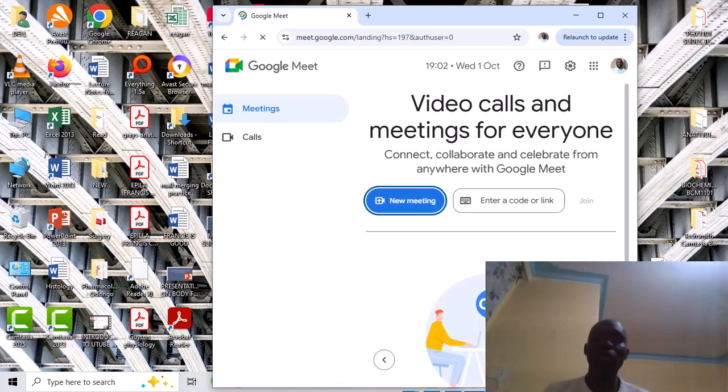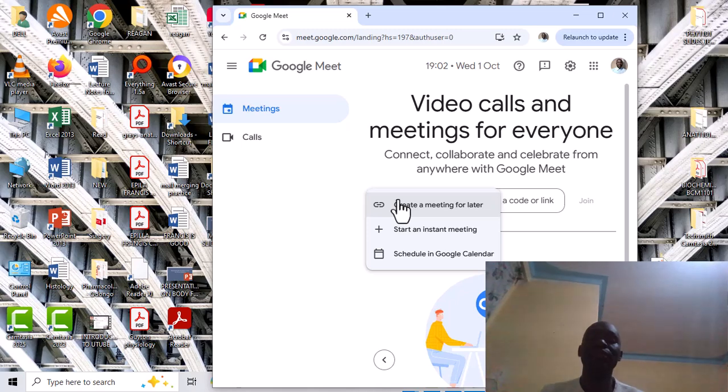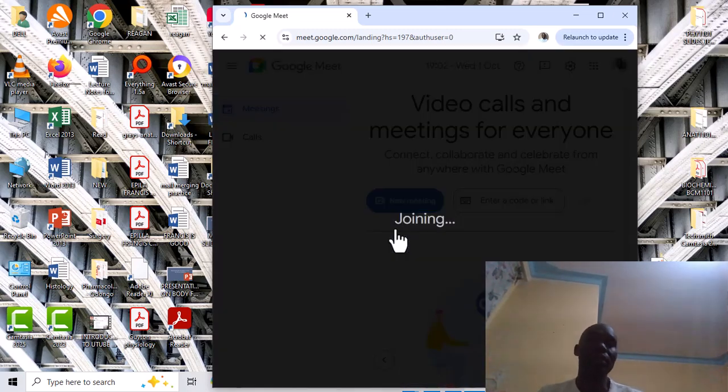After clicking that Google Meet, if the meeting was scheduled before, and the link was shared, you just come and tap the link and you drag it in this point, then you join the meeting. But if it is a new meeting, you will come and tap new meeting, then you start the meeting instantly.